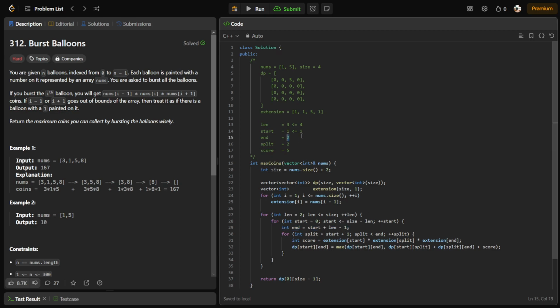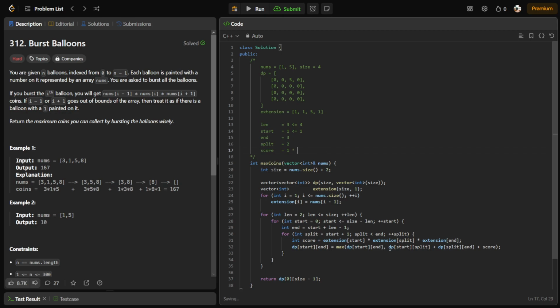Calculate n, which is 1 plus 3 minus 1, is 3. Calculate the split, start plus 1. Since the split point is inside of the n index, calculate the score again. Score in this case is start, this is 1,